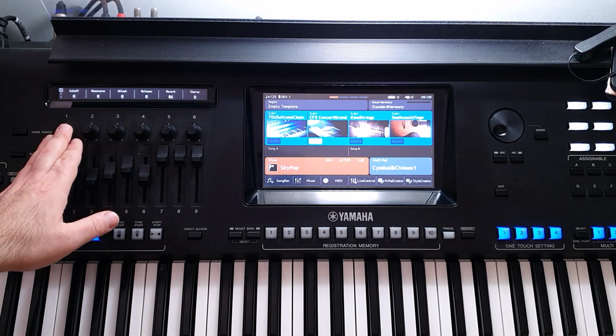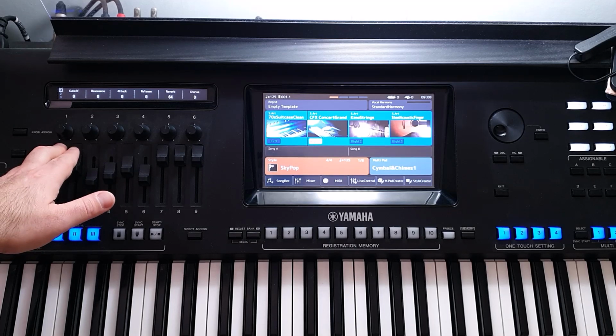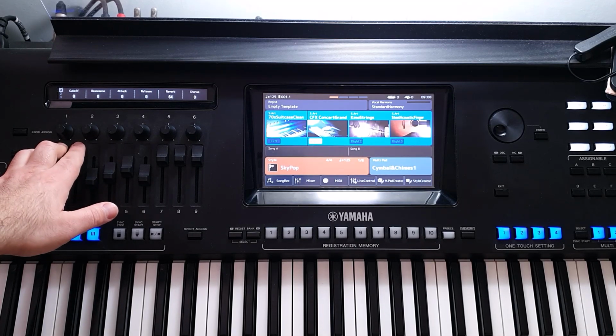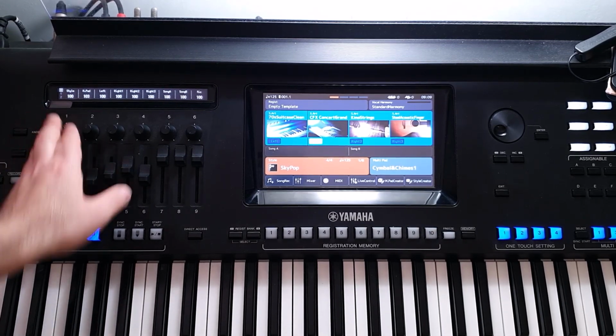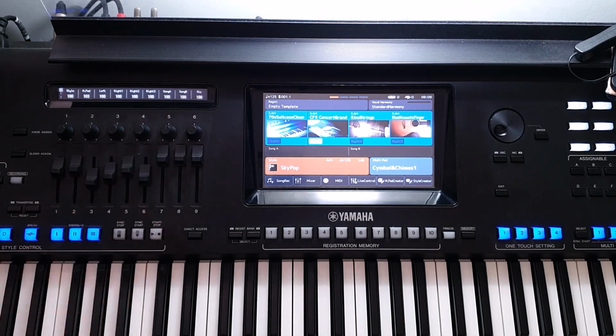So indeed in Genos, and to some extent this video is also applicable to the SX series, because they have two assignable knobs, two assignable controllers in the left part of the keyboard, but I'll obviously show it on Genos. I think we'll be able to borrow these ideas to apply to those models as well. Getting back to Genos, we have here 6 assignable knobs, and we also have a button called Knob Assign that can switch the associations of these knobs.